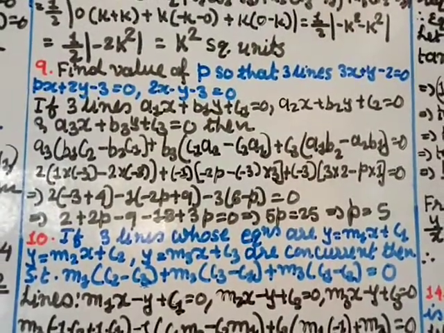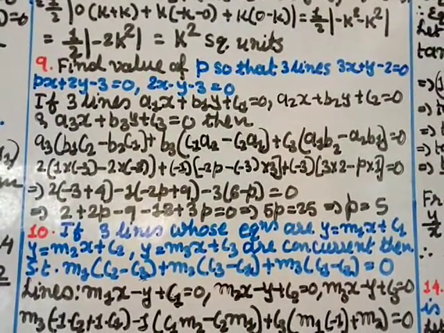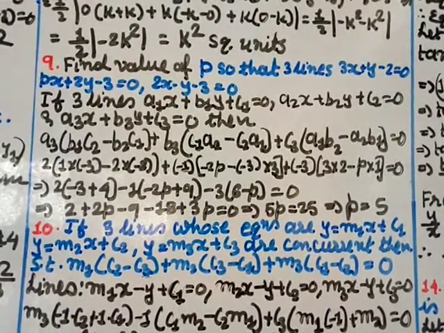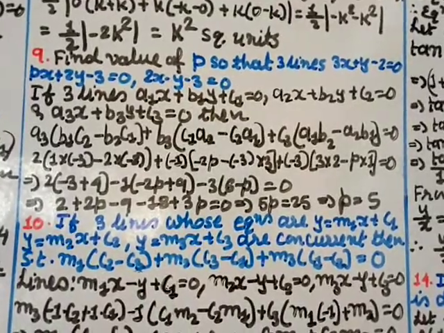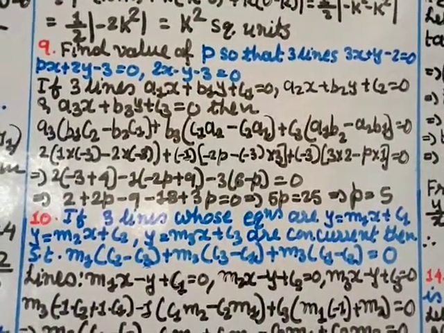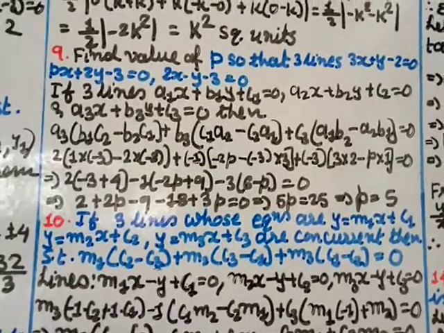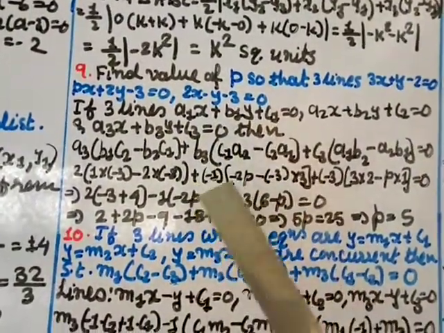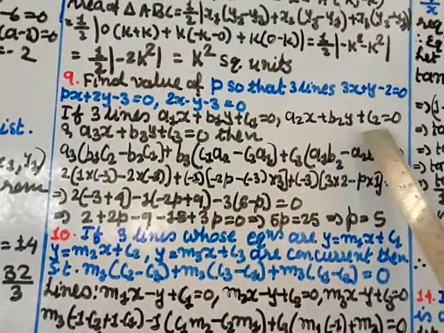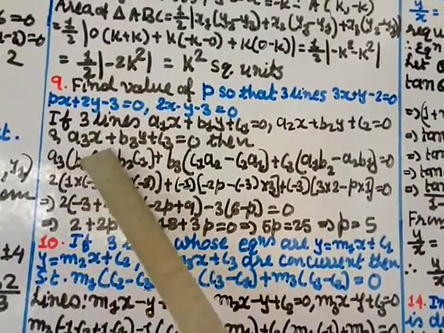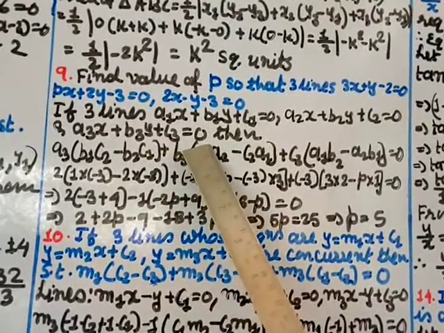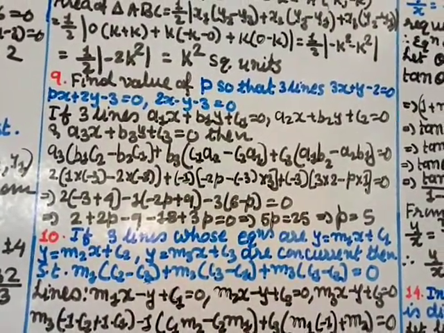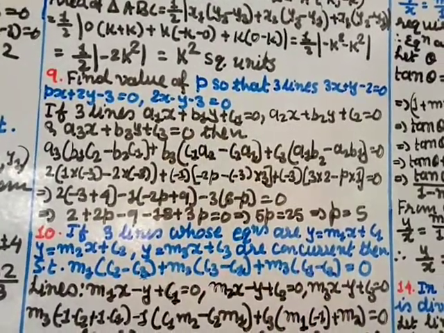Question number 9: find the value of p so that the three lines 3x plus y minus 2 equal to 0, px plus 2y minus 3 equal to 0, 2x minus y minus 3 equal to 0. Now I am using one result. That result states that if three lines a1x plus b1y plus c1 equal to 0, a2x plus b2y plus c2 equal to 0, and a3x plus b3y plus c3 equal to 0 are passing through one point, or they are concurrent, or intersecting at a single point,